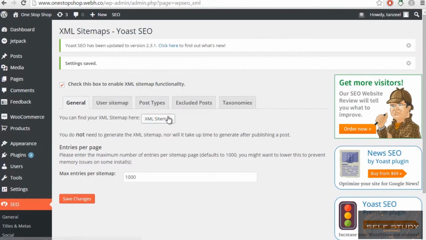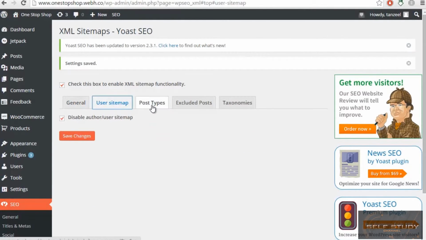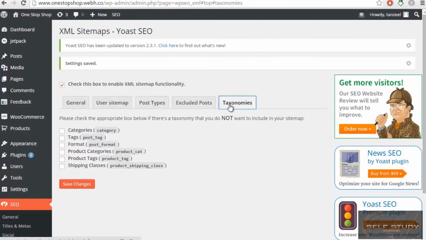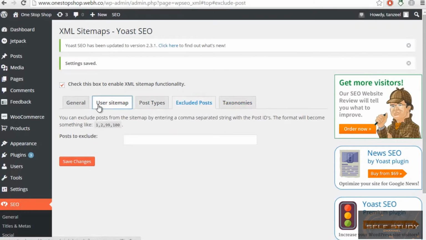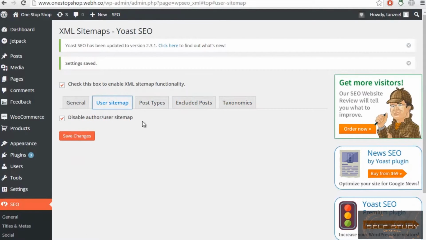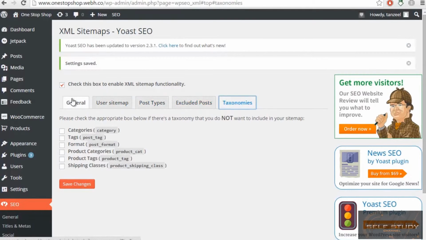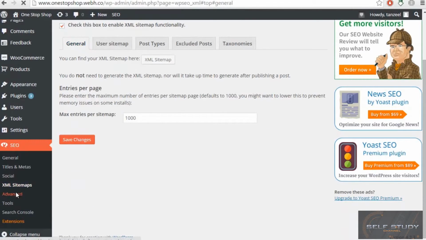Okay, then we have our user sitemap and post type excluded and taxonomies. Make sure that you don't mess with it. Well, if you want to, then you can disable the user author sitemap or enable it if you want to. Okay, so now we have our advanced tools,